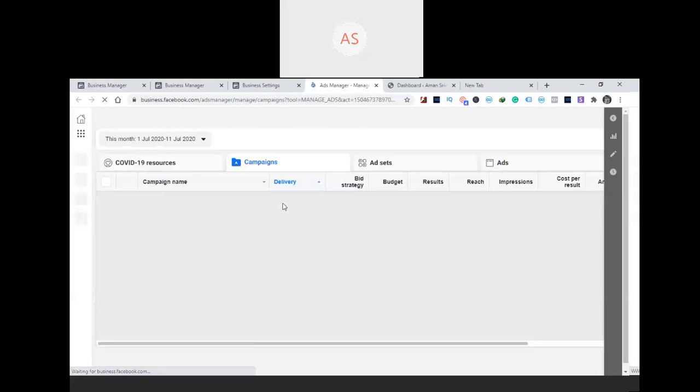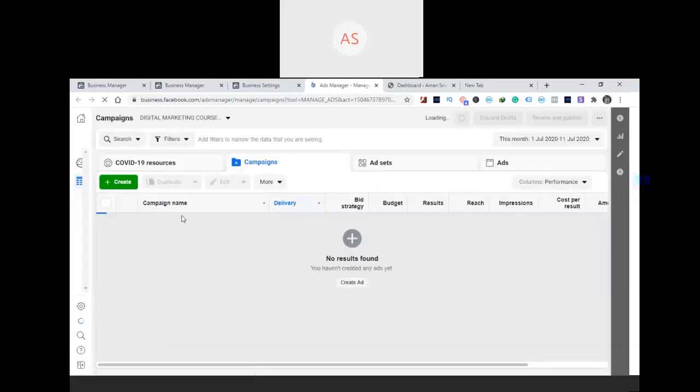Okay, so depending upon what your end goal is, you can choose what type of ad you want to run, and you'll see a page like this, and you just have to click on create.